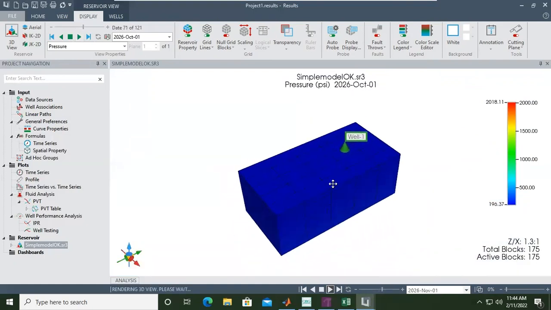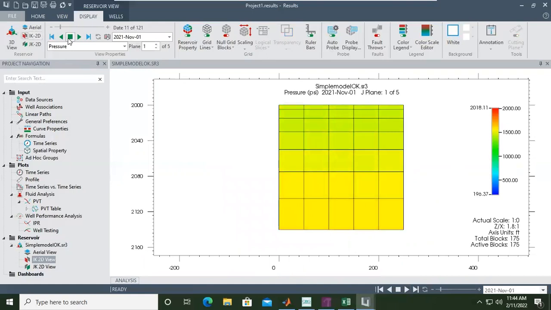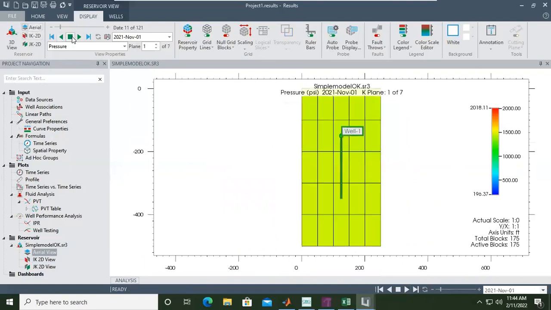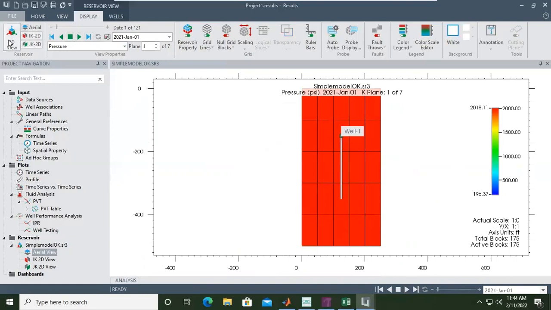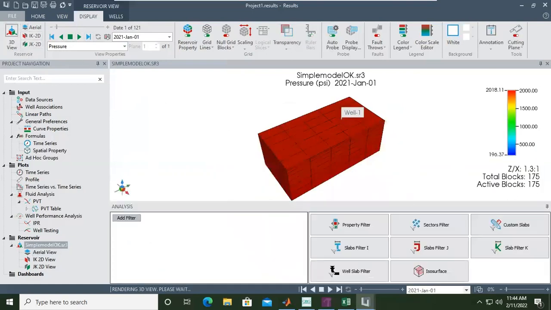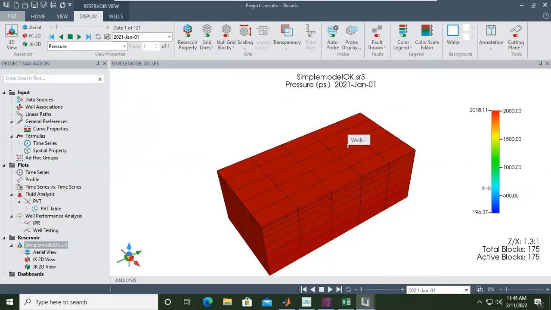Okay, pan again. If you stop aerial view, you can also play. No problem there. Stop. And this is for pressure. Go back to 3D view. This is the pen to know the values of the pressure.